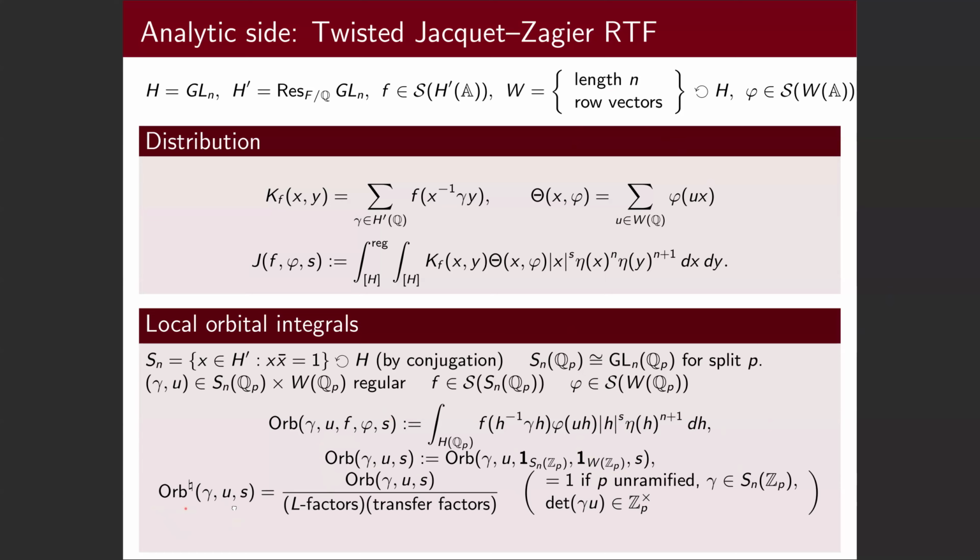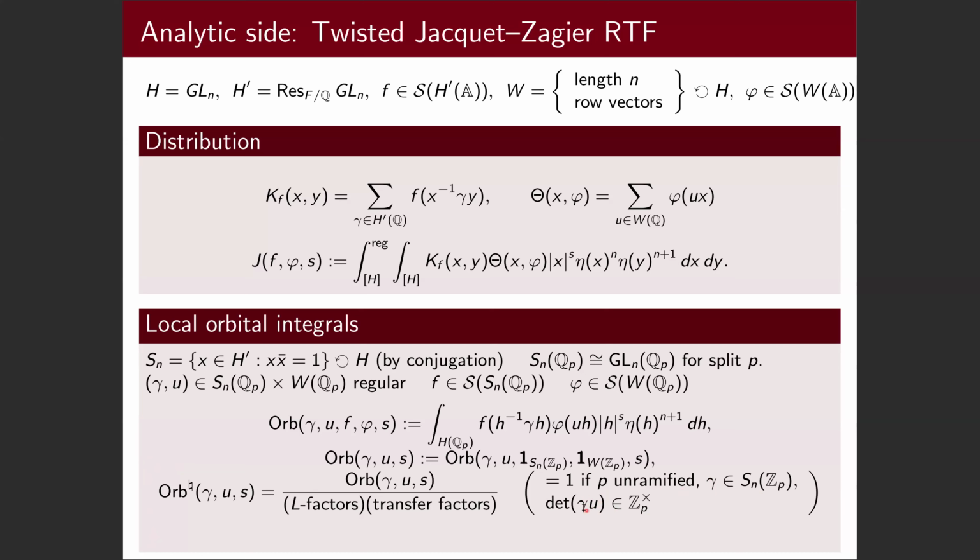So I'll write orb natural to mean that there's some normalization, which involves dividing this orbital integral by some explicit L factors and some explicit transfer factors. So I won't say what these are explicitly, but these have the property that these will be identically equal to 1 almost everywhere. So if everything is unramified, so if p is unramified, if gamma is integral, and okay, sorry,